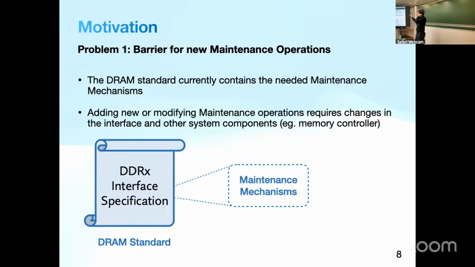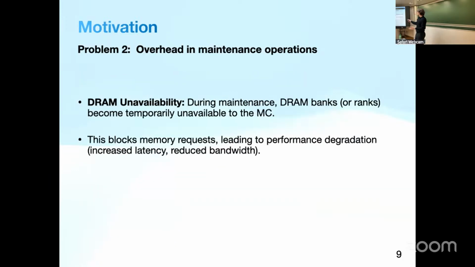Therefore, the first problem this paper tries to solve is that there's a barrier for new maintenance operations, as they cannot be implemented without multi-year efforts. And the second problem is that there is overhead in maintenance operations, as DRAM is currently unavailable while maintenance operations are performed. And this means that memory requests are blocked, and this leads to performance degradation in terms of more latency